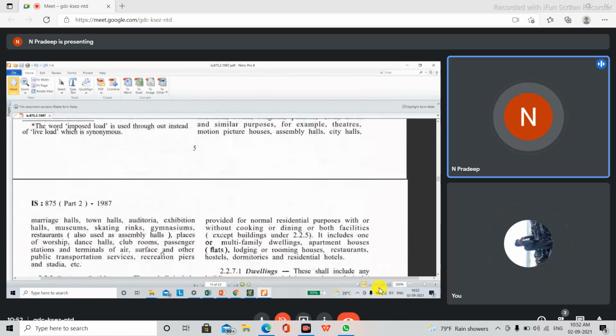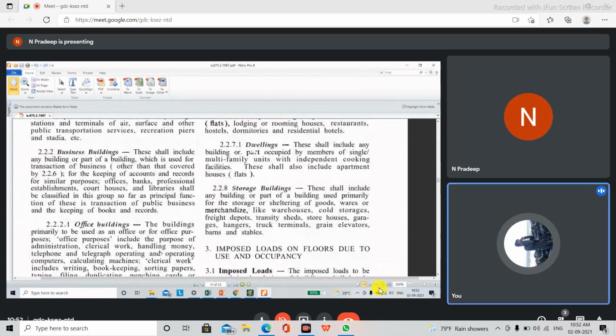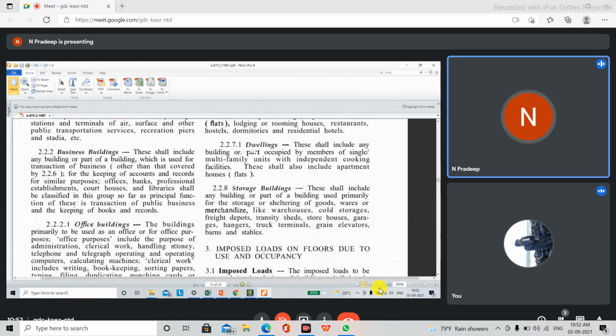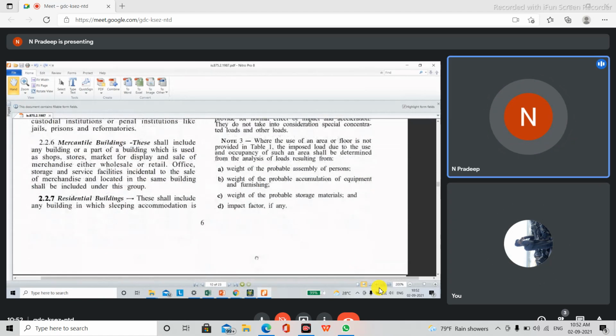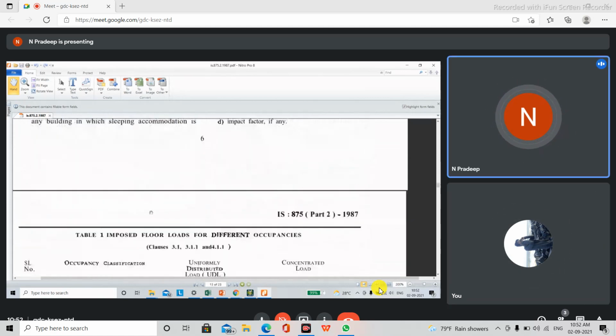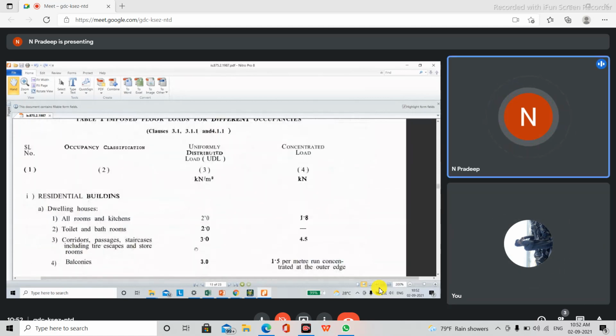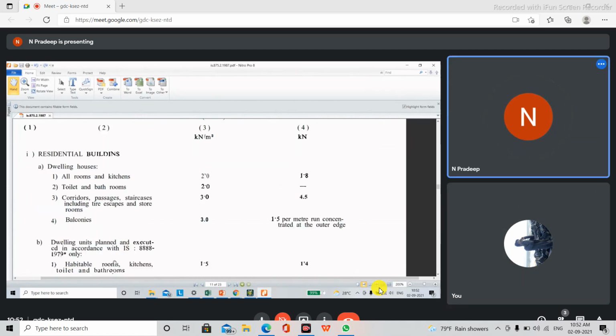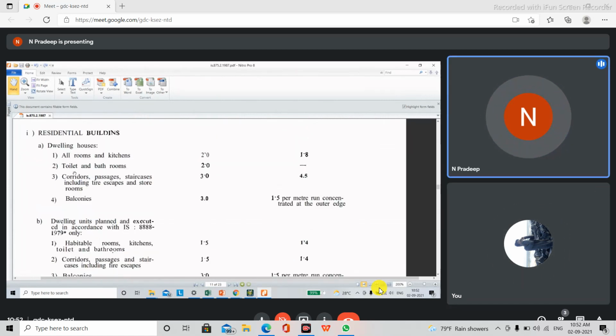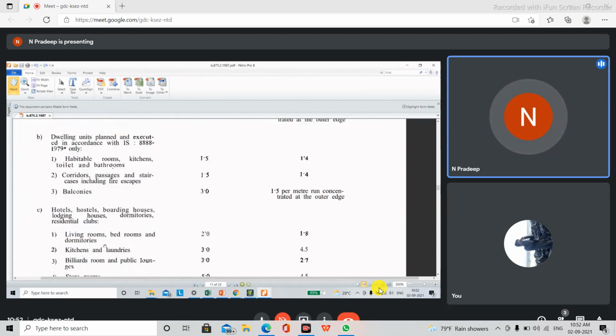where the residential building category is. You can take this one, dwellings. You can see that residential buildings are given somewhere here. If you scroll down, the rooms that a residential building will generally have are listed out here. Now, for each and every room, right now you're sitting in a bedroom, right? So in that case, you have